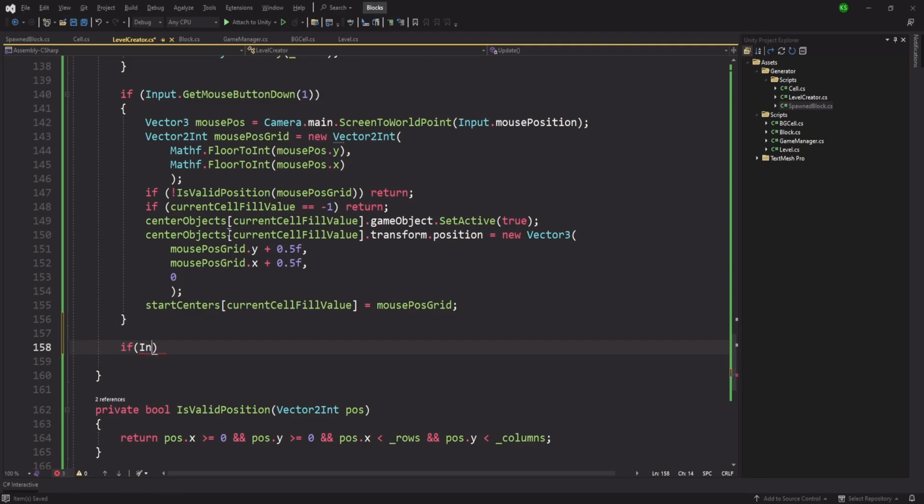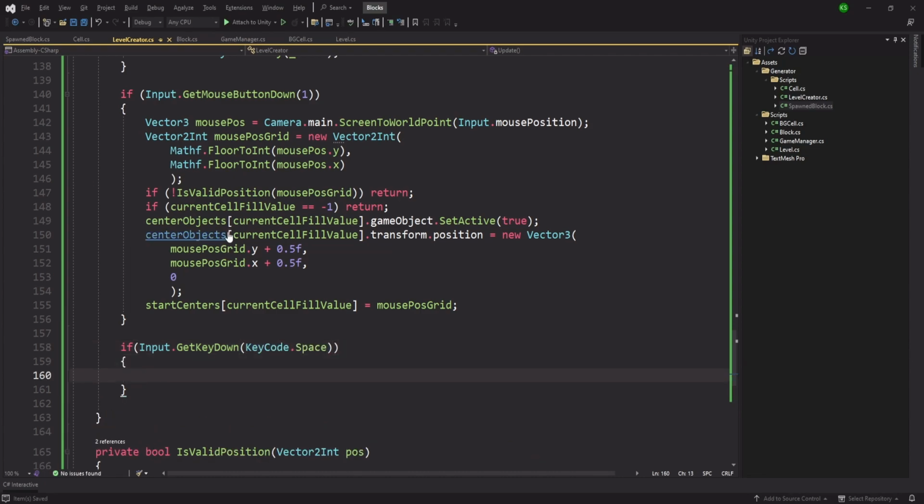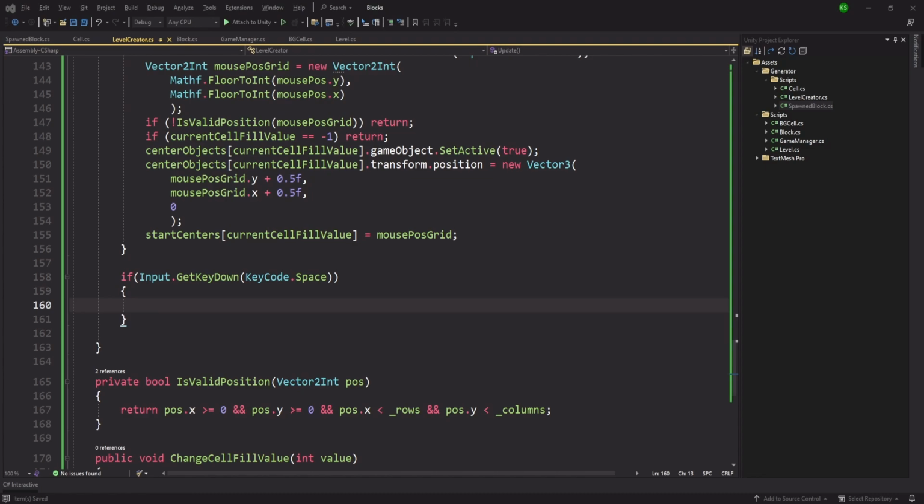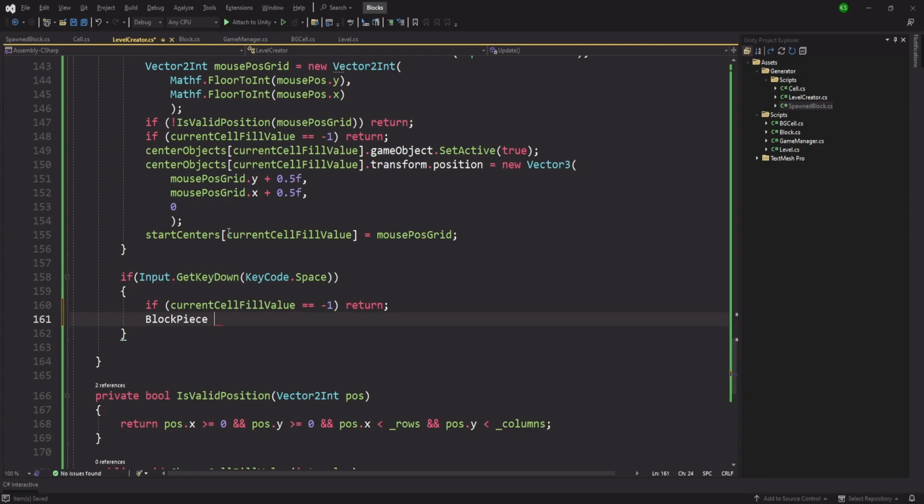If input dot get key down of keycode dot space, then we are going to spawn our current cell value, whatever it is. If our current cell value is -1, then we'll just directly return. But if it is not -1, then we need to get our spawn piece